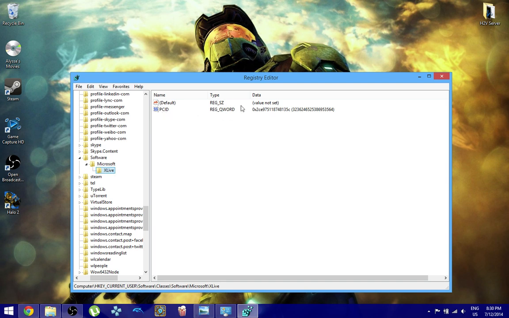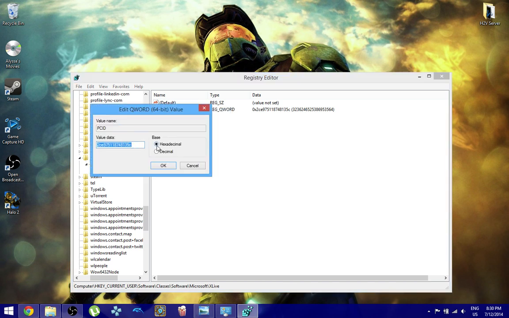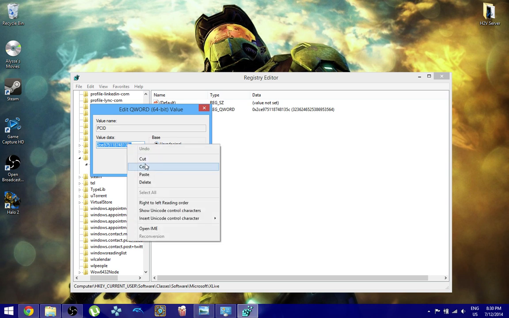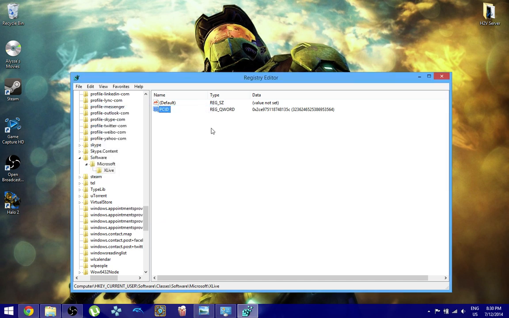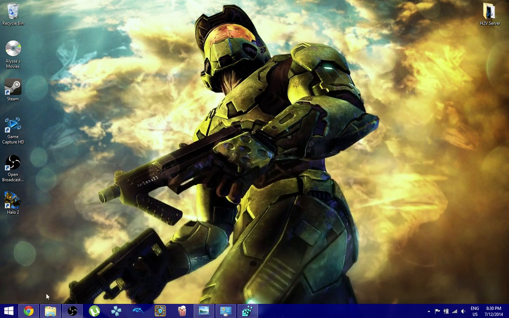What we're going to need to do is copy this hexadecimal value. Click on the PC ID, right click and go to modify. Make sure that base is set to hexadecimal, and then all you need to do is copy the whole value data string. Once you've copied it, click OK. Now you want to open up the H2PC activation folder,